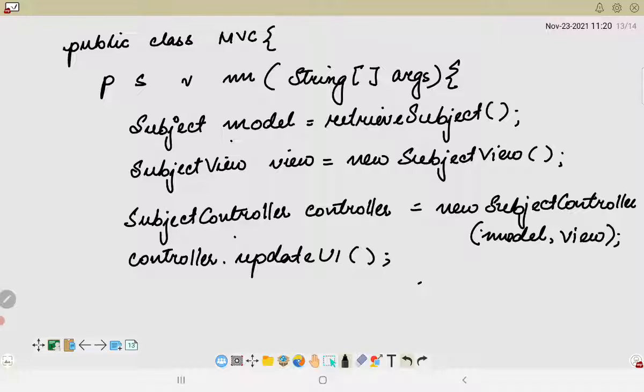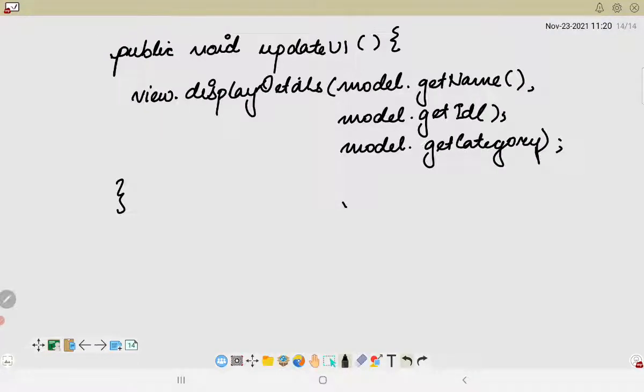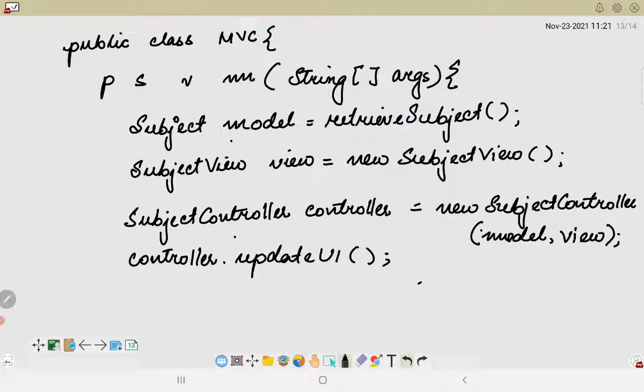So when we are doing this particular call, the method would be called. Okay, and what it will do, it will simply have one more method within it, which is display details, and it is under view. So controller is linked with the view here.